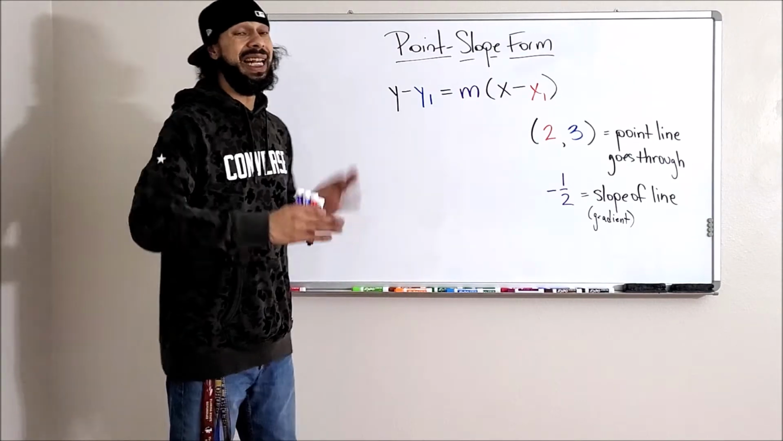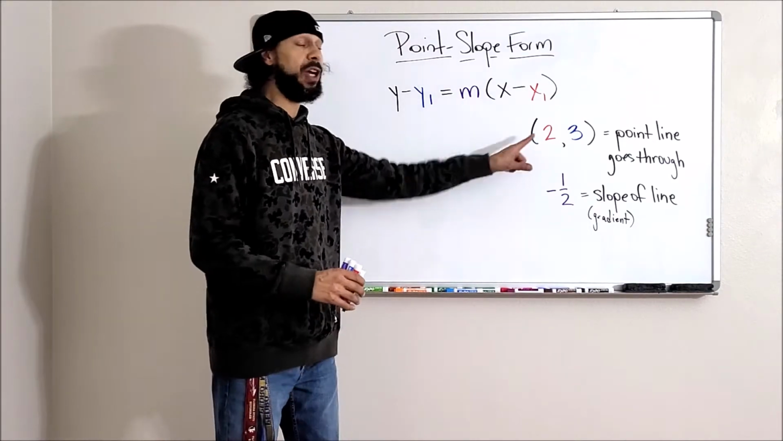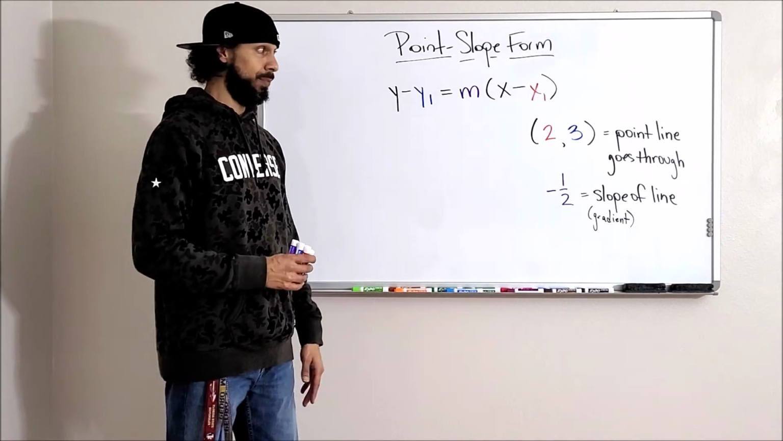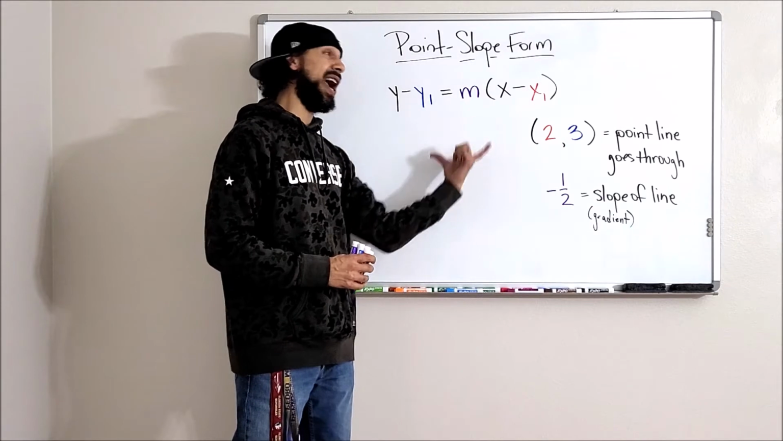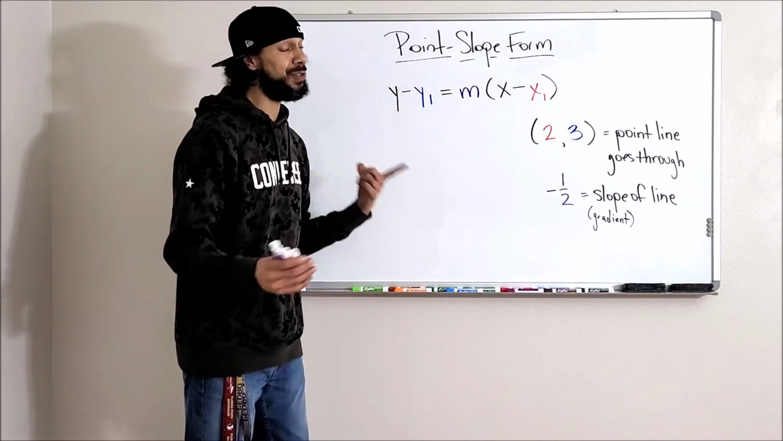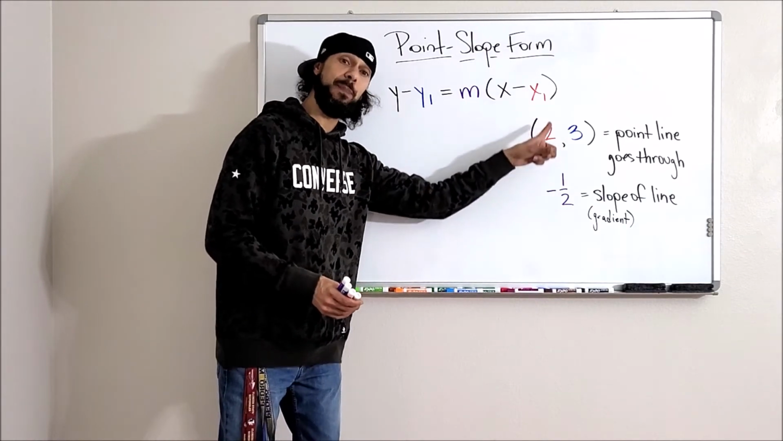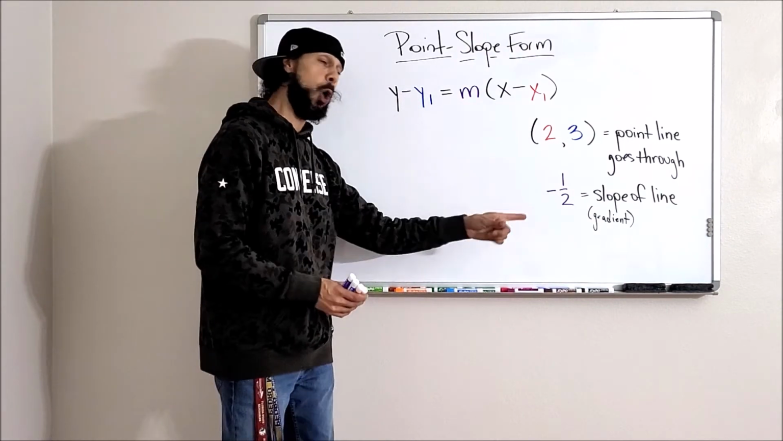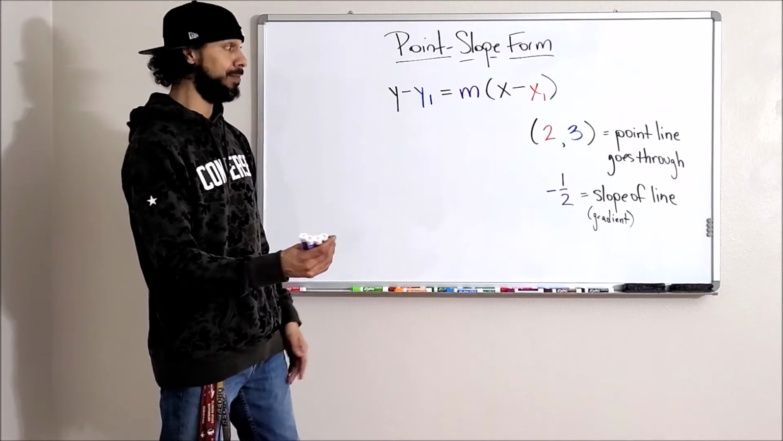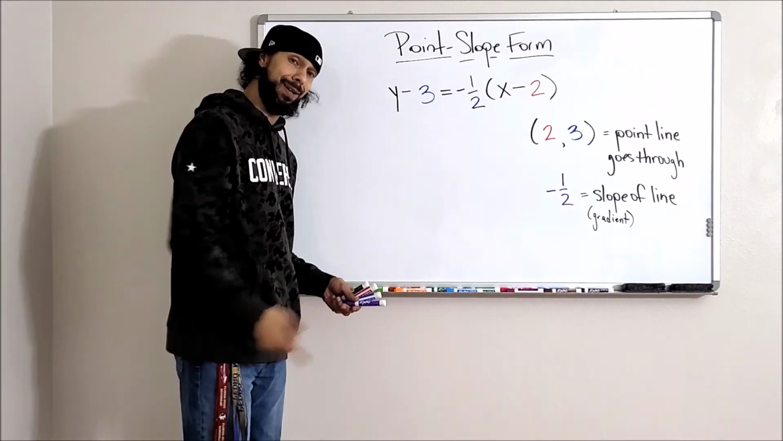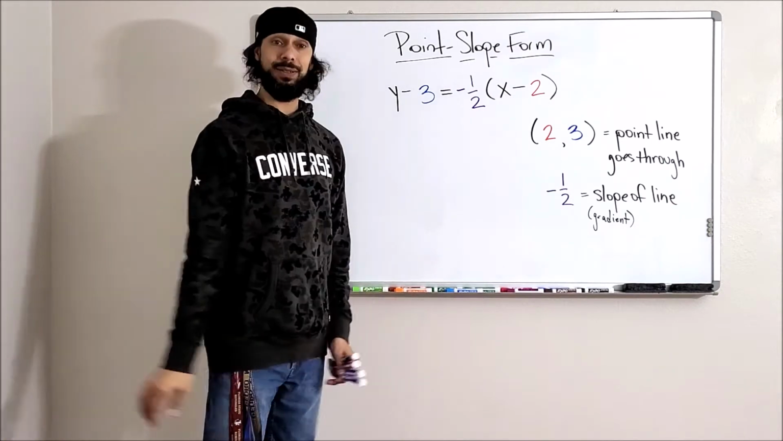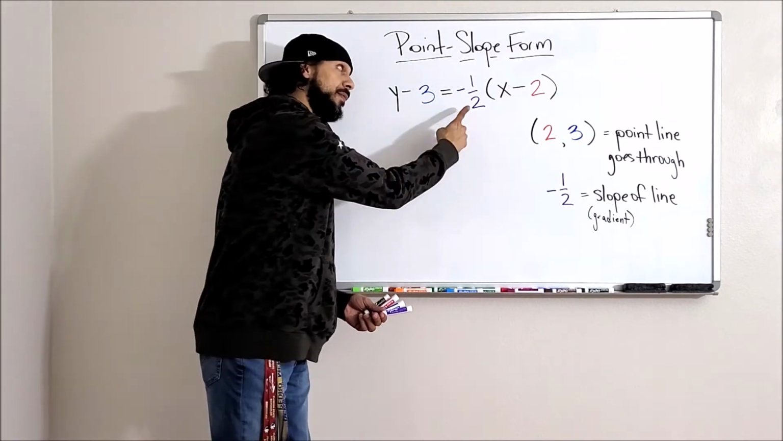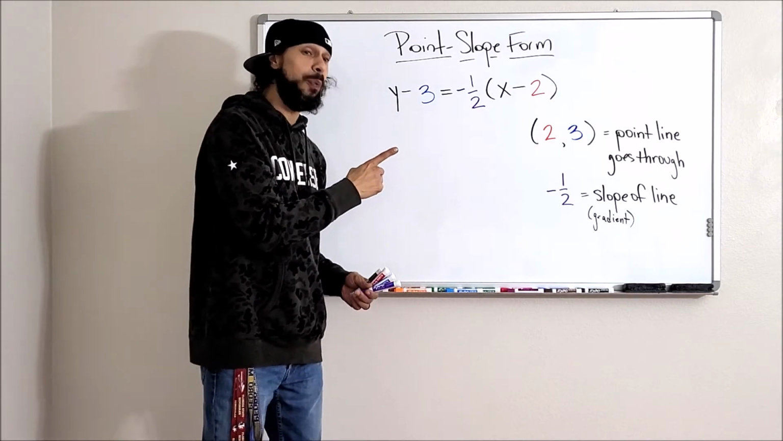Let's say I wanted to name a line that goes through this point and has this slope. All I have to do is take this information and plug it right in here where it goes. Just remember, your x goes in the parentheses with x. Your y goes over here with y. Slope attached to the parentheses. Just like this. Bang! This is the name of a line that has a slope of -1/2, and it goes through point